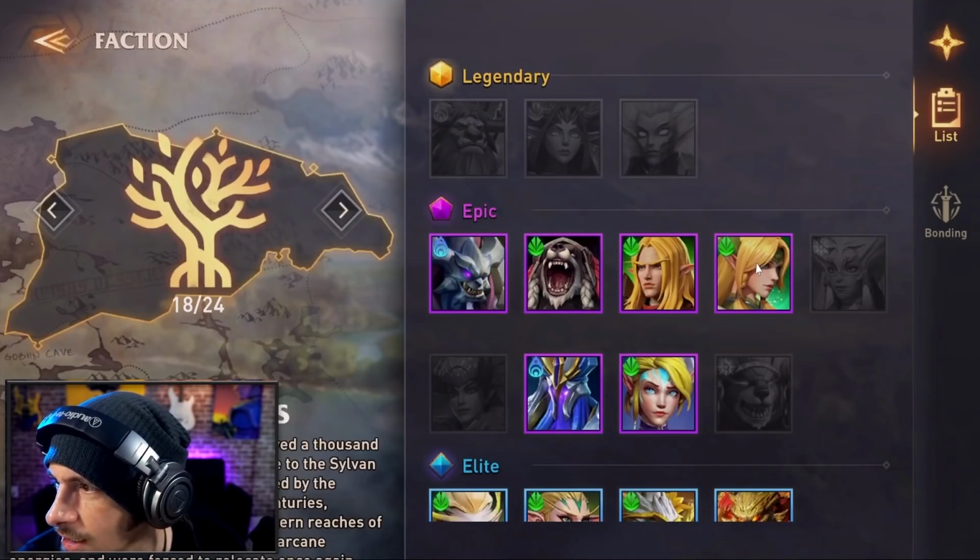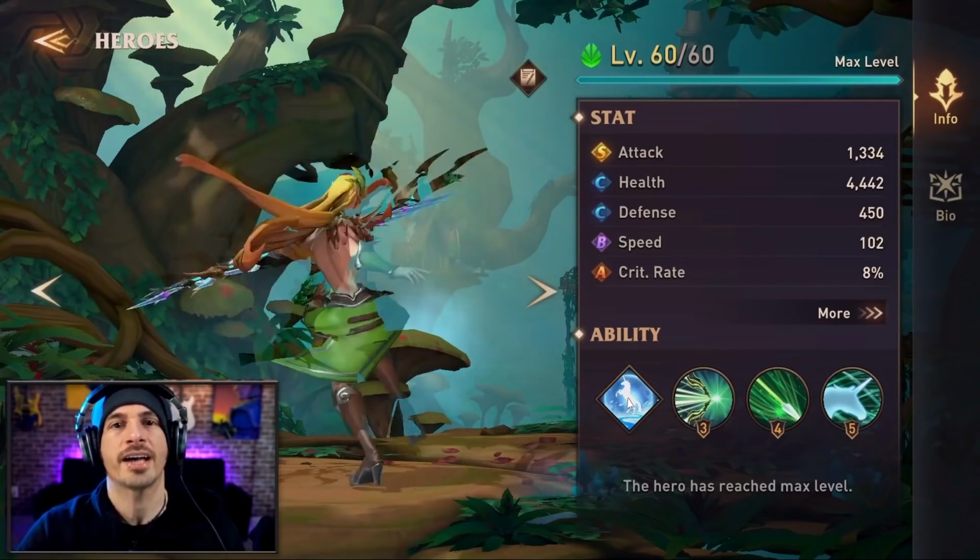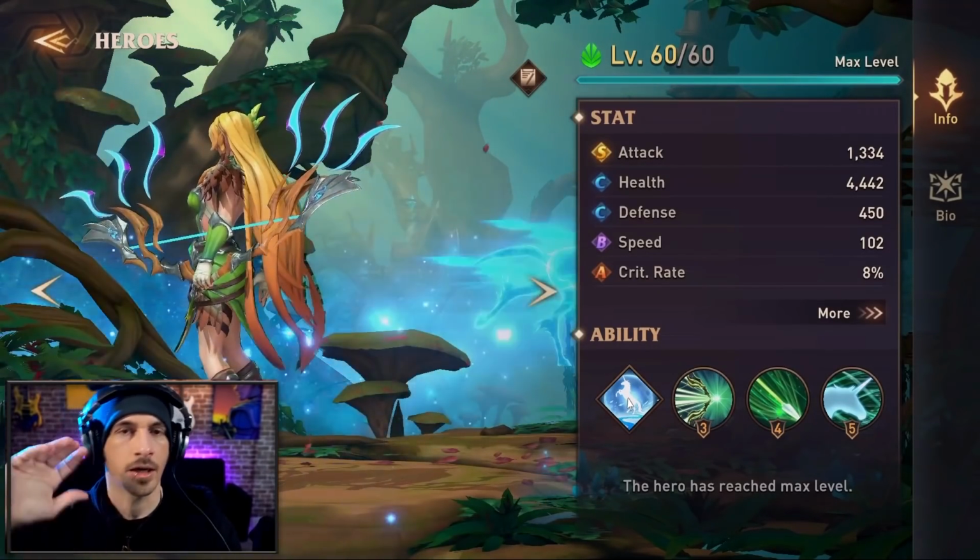But, yeah, I think that this is Antinua. Yeah, Antinua. Okay, so this is another one. This is just for fast, aggressive damage. This is not for, like...